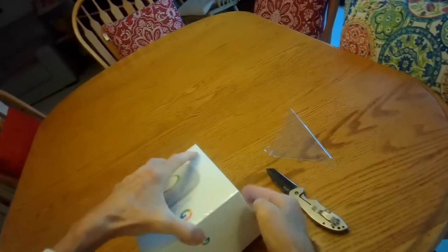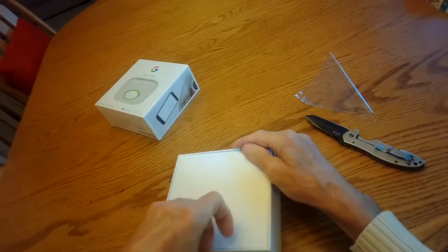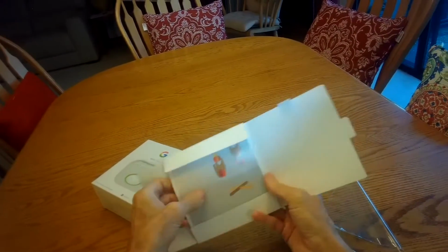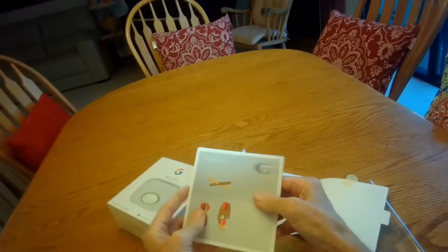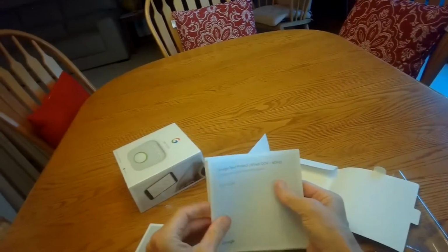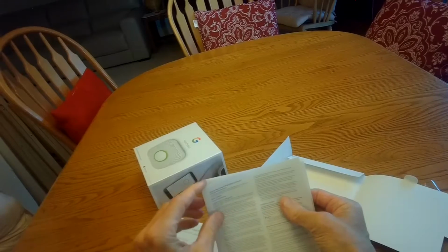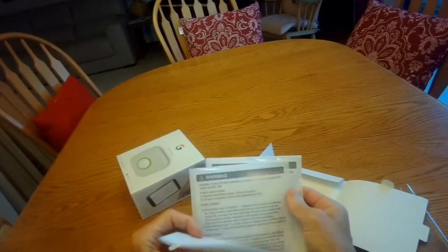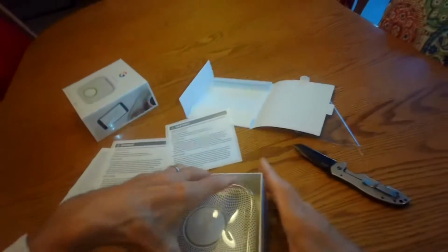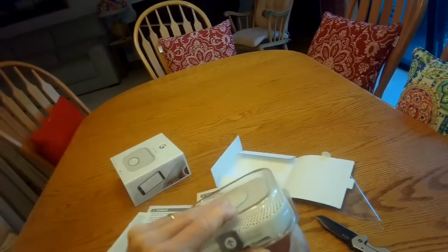So let's see, we're going to take off the top. See what we have inside here. We have the Google logo. Pull this up, and then here we have a nice instruction book. Just a quick one, and then a user guide, and then there's some information on the safety, and then some nice stickers. That's great. So then we take out the product here, and it comes with the module that's doing all the work,